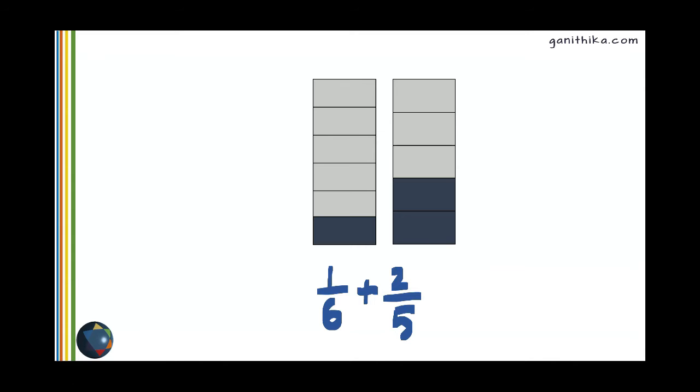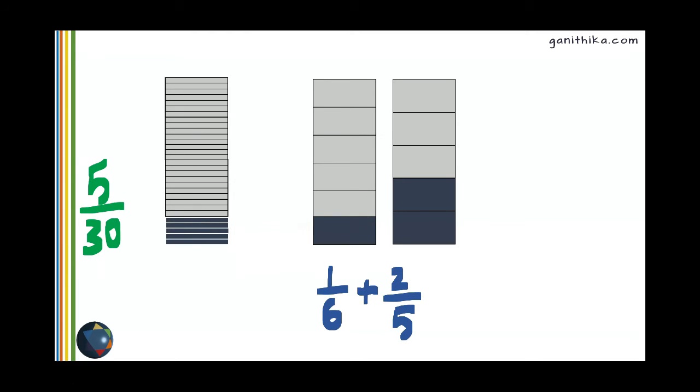sized boxes. So, what we do here is we will cut this first box into 5 equal parts. So, each of these 6 boxes here will be cut into 5 equal parts, and you will totally be getting 30 parts in that. And then we will get the fraction to be 5 shaded boxes out of 30 boxes in this case. So now we have changed the fraction 1 over 6 to 5 over 30 by splitting the 6 boxes into